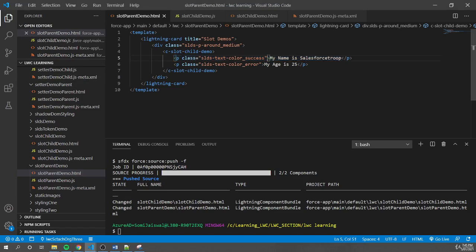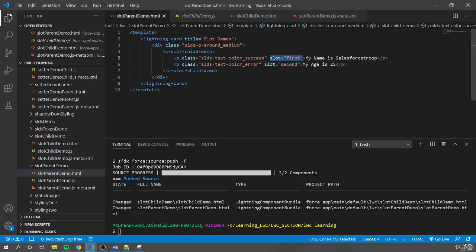For that, in the parent we'll set: you go to the slot with the name first, wherever the slot name is first. And in the second, we'll say wherever the slot name is second, you just go there. And now we have defined this